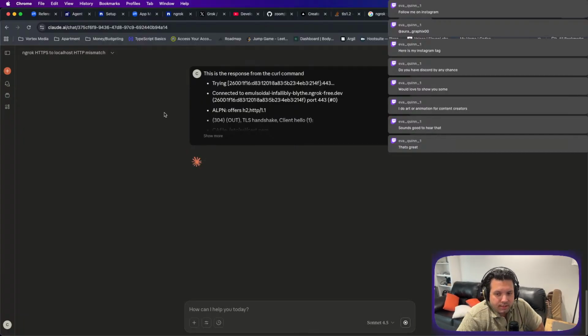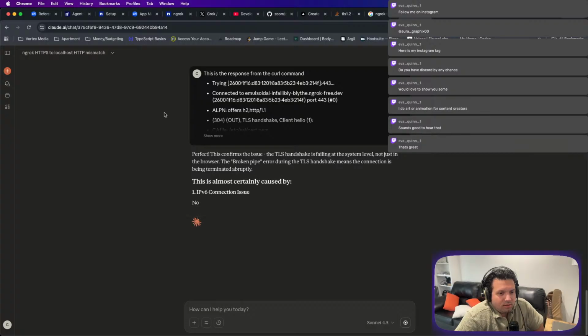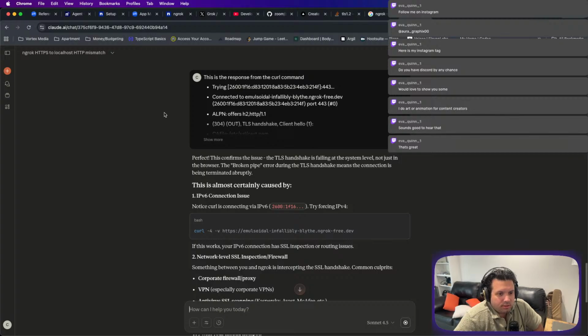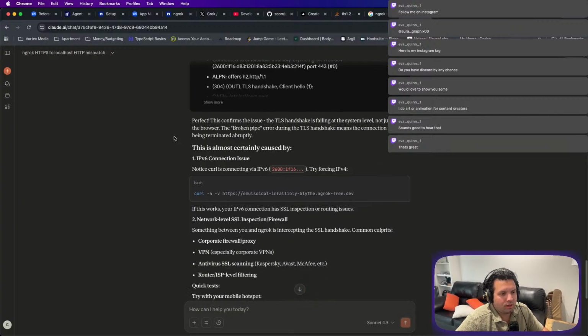This is complicated, man. The TLS handshake is failing at the system level, not just in the browser. A broken pipe error during the TLS handshake means the connection is being terminated abruptly. IPv6.